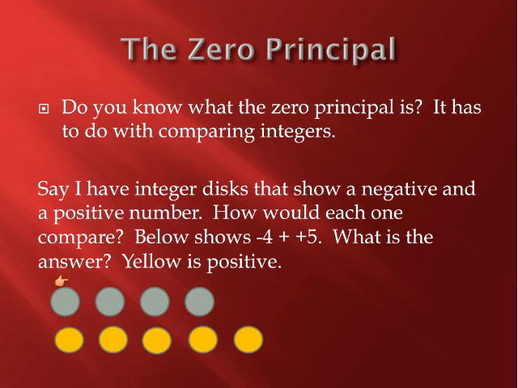Okay. What is the answer? Anybody want to take a guess here? Jasmine says 1, and she's right, because we've got 1 zero pair here, 1 zero pair there, 1 zero pair there, 1 zero pair there. That took care of all of our negatives. We got nothing negative left. All we've got is +1. So that is exactly what I want you to learn in the next couple of days. And the answer is